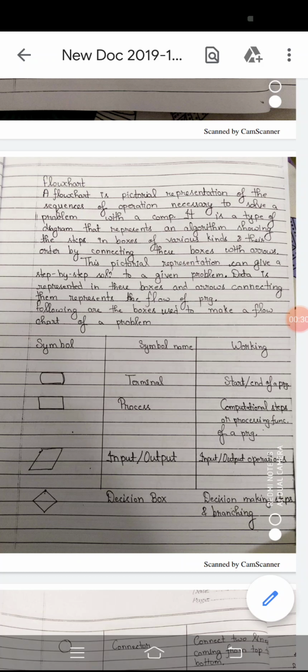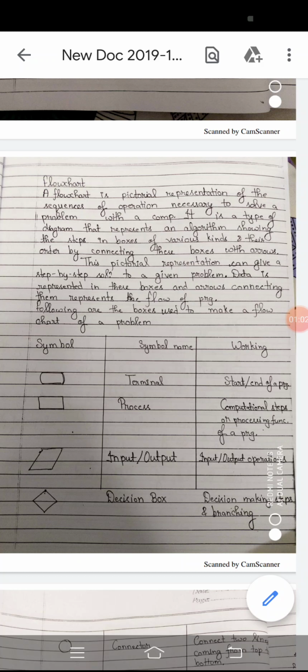Suppose someone needs to explain the solution of a problem. Then he needs to explain the steps he has followed to solve that particular problem. The sequence of those steps, the collection of the sequence of those steps, is known as an algorithm,